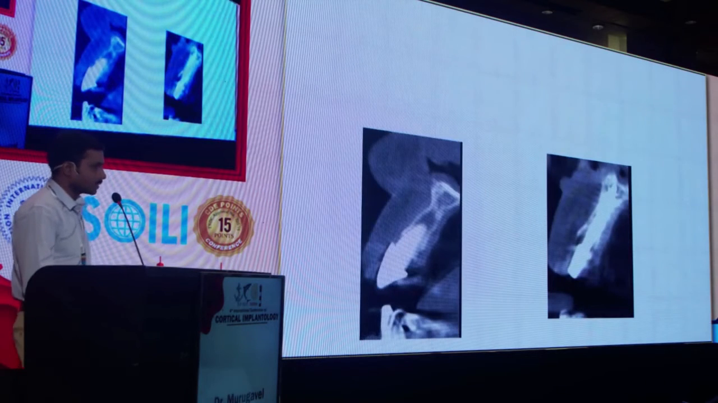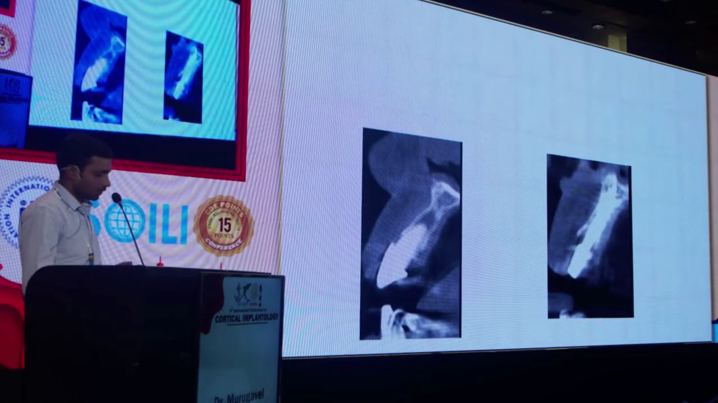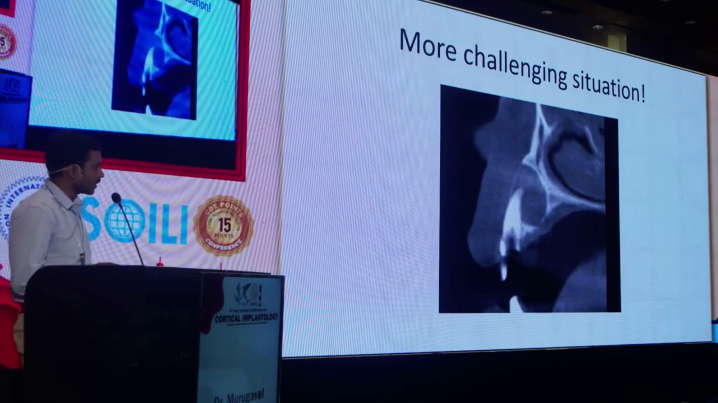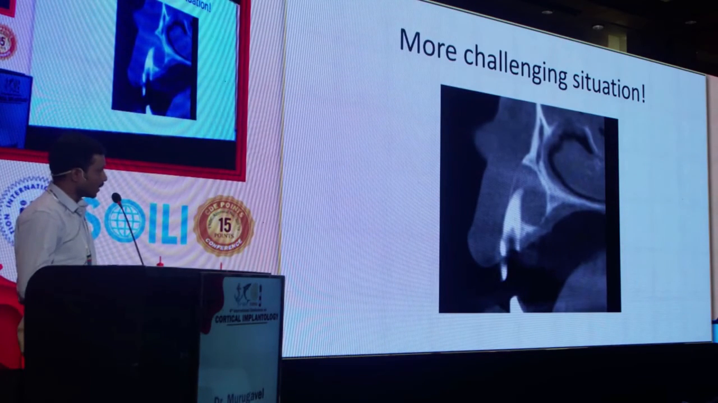And this is another case with a periapical cyst. After the periapical lesion is removed, we can go through the cyst, through the lesion, and get engagement from the nasal floor. And this is quite a challenging situation where there is loss of a lot of nasal floor. Only 2 or 3 mm of nasal floor is present. So these things we have to check before